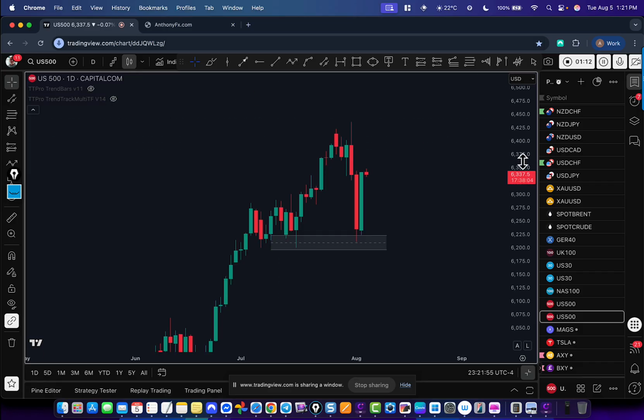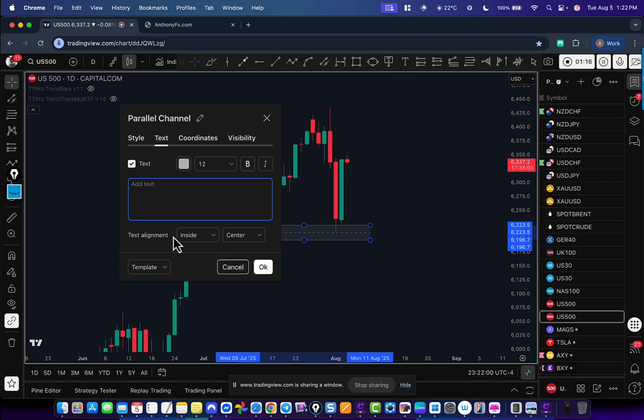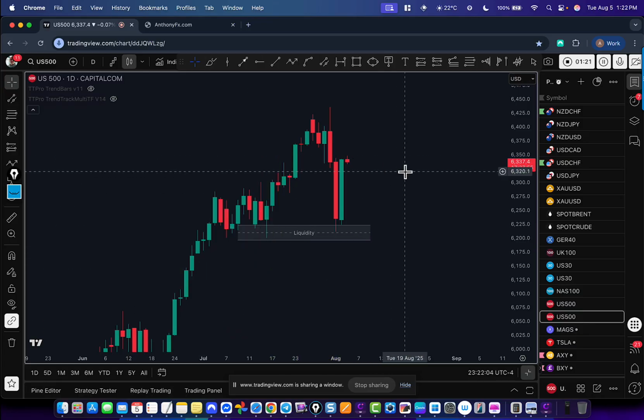I'm always looking at this from a liquidity standpoint. Where is the liquidity? Righto, there. Let's just mark it up, plan it out, and see where to next. The next liquidity pool now, given that there's two candles here, is right there. Now you've got this distribution level, and we've also got this really strong momentum with this down and then